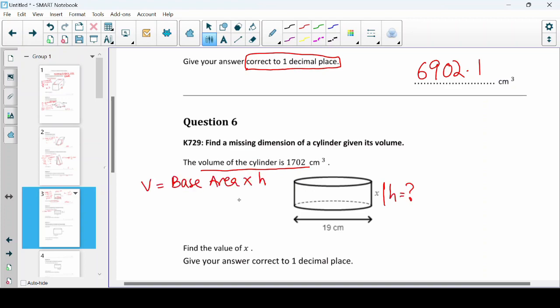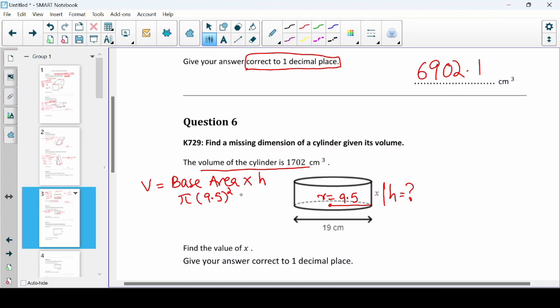So the base area, if 19 is the diameter, so half of 19 will be 9.5. 9.5 is the radius. So let's put pi times 9.5 squared, and times height is equal to